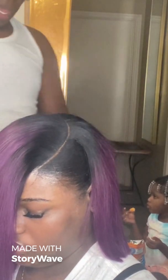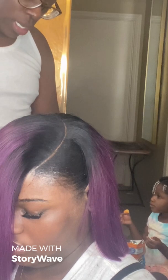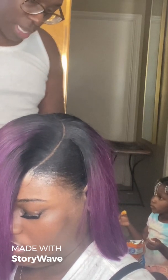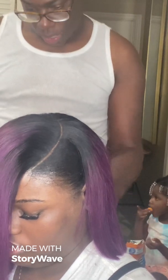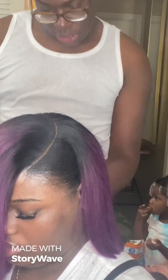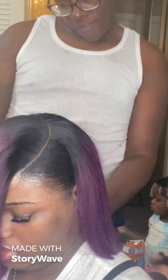Same thing on this side. But I'm going to cut it at an angle now, because I want this side to be a little bit longer and make the style look a little more